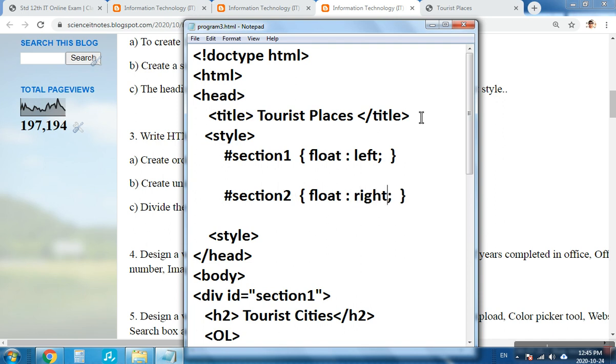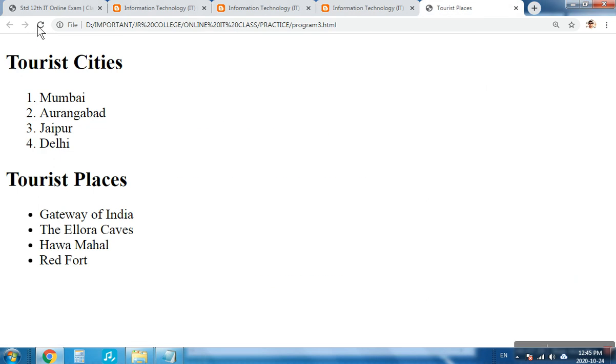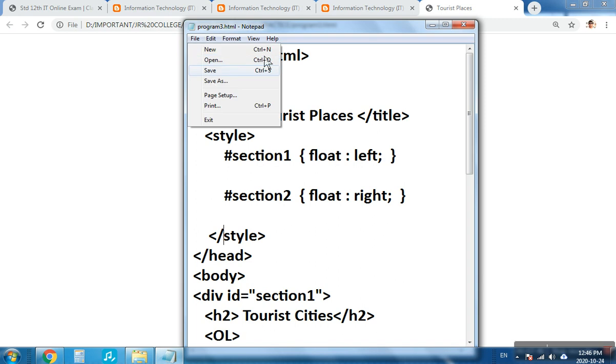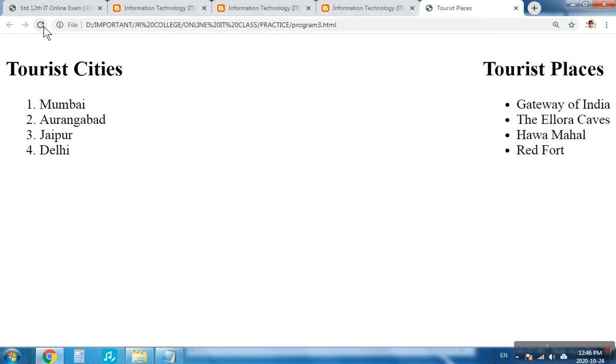Let's save this and refresh the web page. So we have not closed the style tag. So you can see it is divided into two sections.